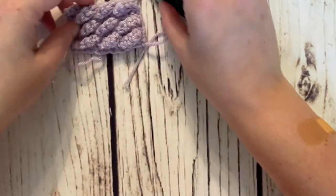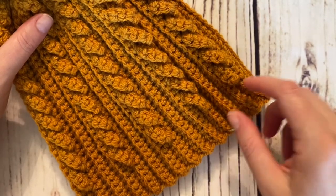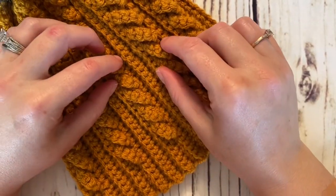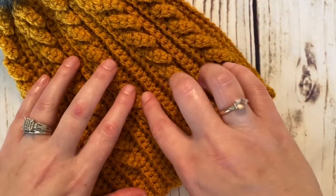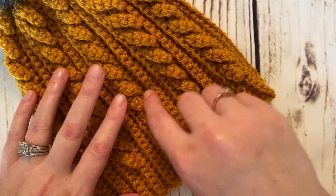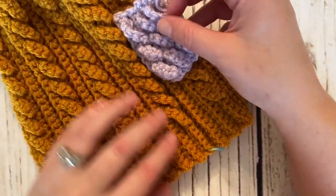Now, I know that you must have noticed in my hat that I seem to have some space between my cable stitch rows, and that's true. I actually crocheted several rows. It just doesn't look like it because they're ribbed, so the ribbing makes them come together. But as you can see,